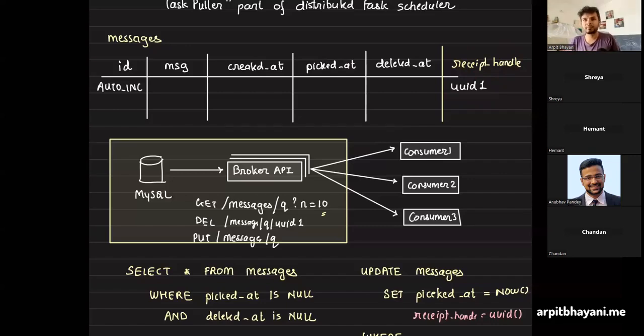It's a random string, and when you want to delete a message, you would never delete it by ID, but by receipt handle. So whoever has the receipt handle can delete that particular message. That's the only change in the API in the case of deletion. When your consumer is done processing the message and wants to delete it, it makes a call to this API saying, hey, I want to delete the message from this queue with this receipt handle, so that the message gets deleted.